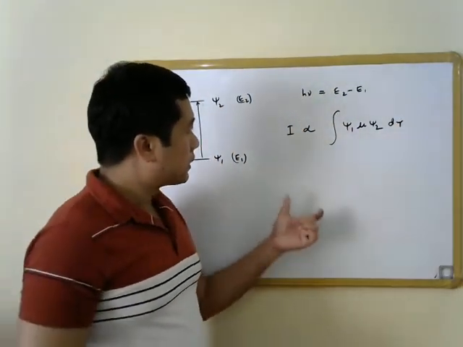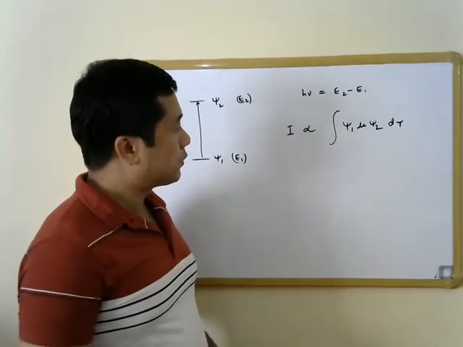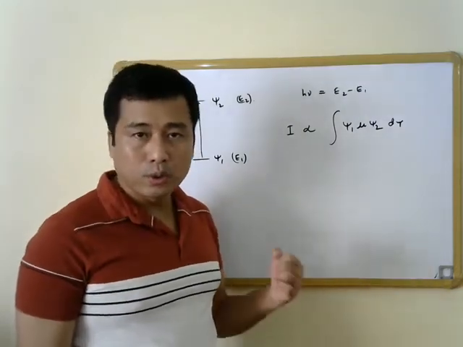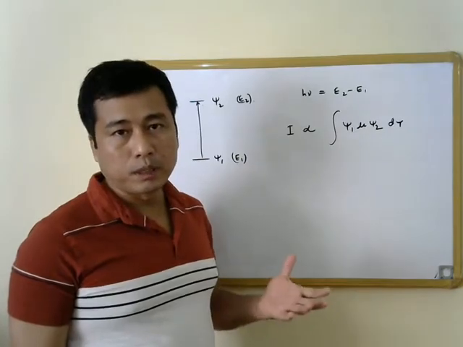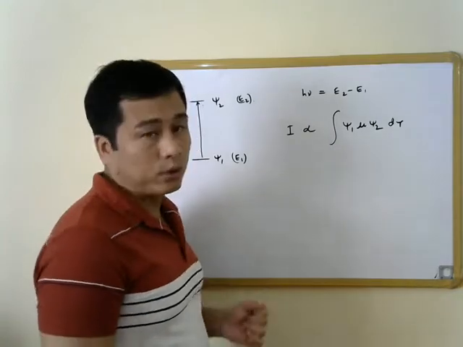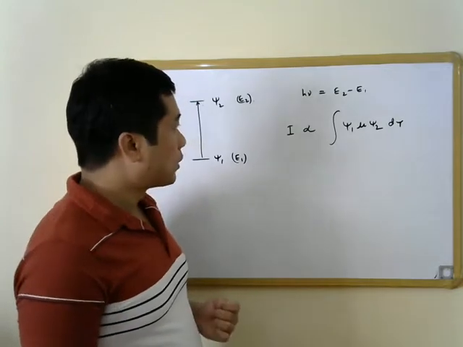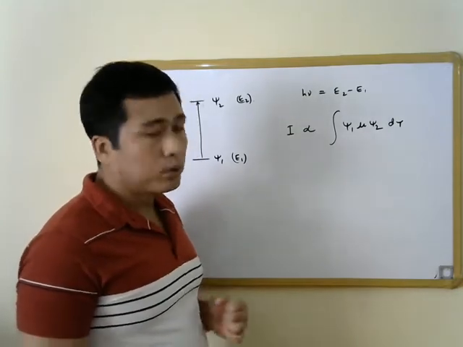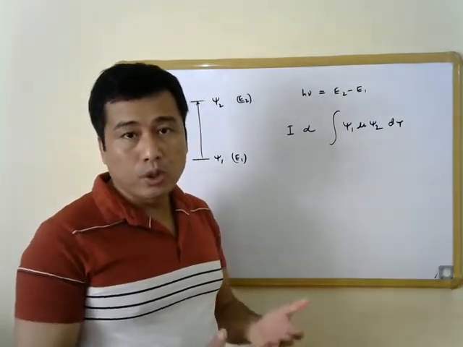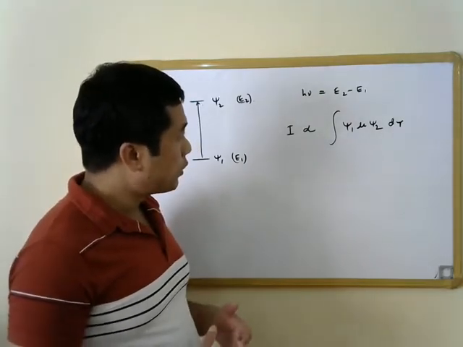So now this intensity is proportional to this integral, and if this integral is equal to 0, then the intensity is going to be equal to 0, or we can say that the transition is going to be symmetry forbidden. But if the integral is non-zero, then the transition is going to occur and the intensity will have a non-zero value. So now how do we find out whether this integral will be equal to 0 or non-zero? By using symmetry, one needs to do a direct product,